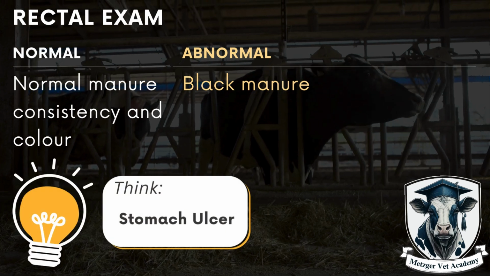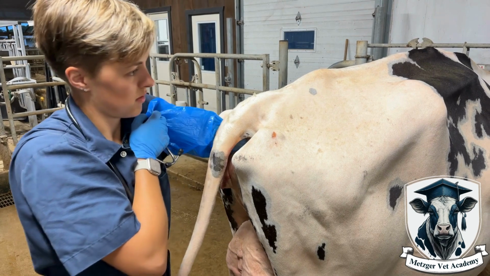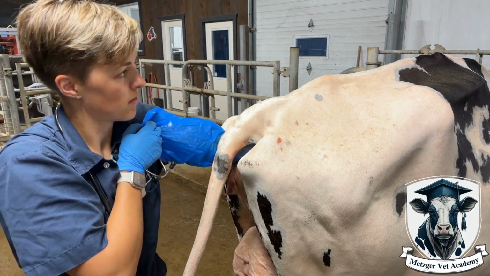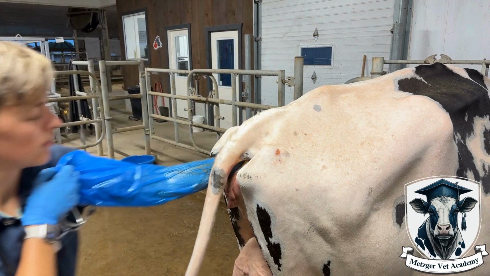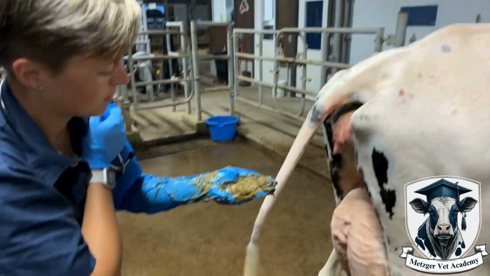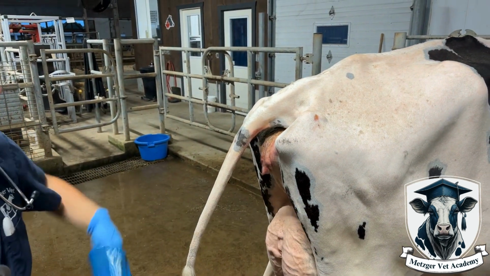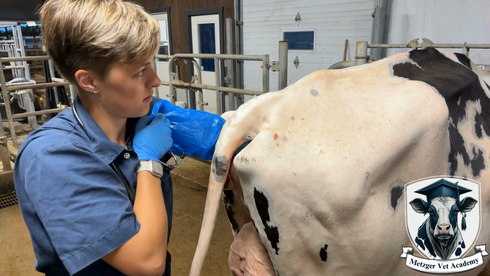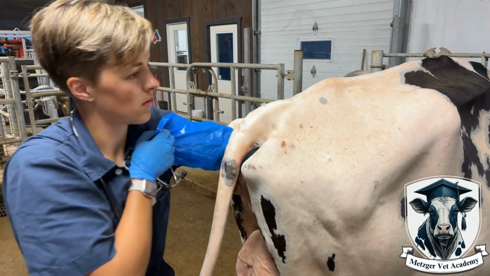Another thing to keep in mind during a rectal exam is uterus size. If a cow has calved 5 to 6 days ago, the uterus should have involuted significantly since calving. If the uterus is still very distended, it might be a sign of a problem. On the other hand, if a cow is supposed to be 100 days pregnant and the majority of the uterus fits in your hand, you should be concerned that she's aborted. Keep in mind the cow's reproductive status and make sure that the uterus correlates with what you expect to find.